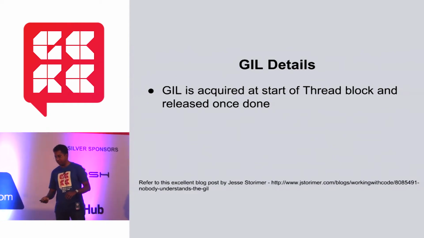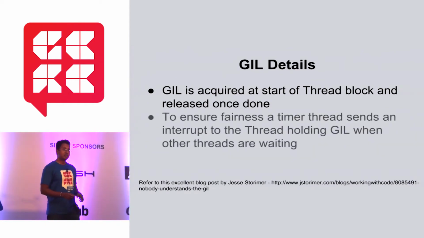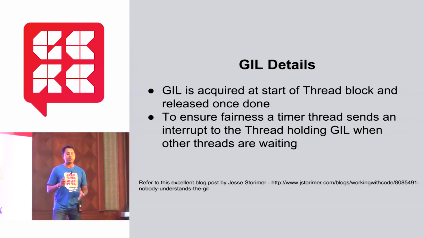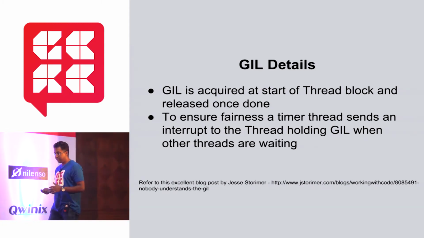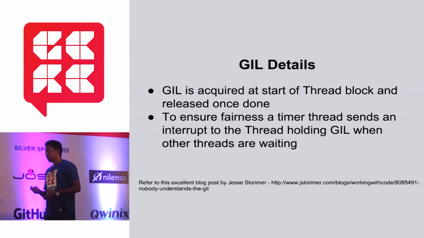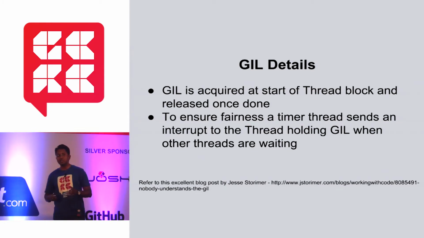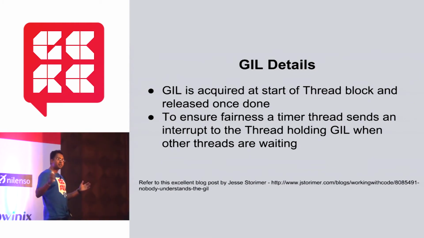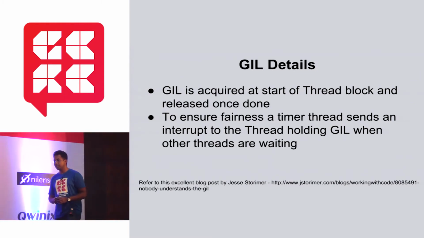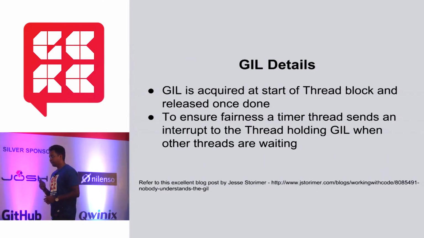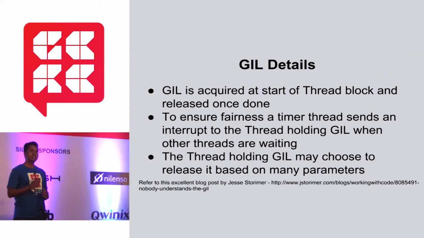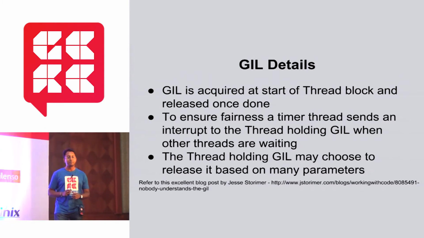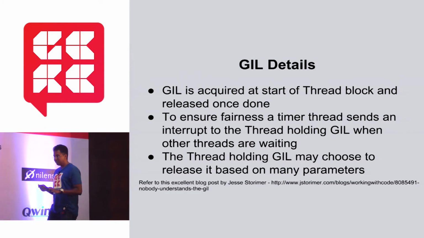But not really. If that's how it's going to work, what if that thread is going to hog the GIL and not allow any other thread to work? So there has to be some sort of lock fairness, right? So that's where the timer thread comes in and interrupts it. Okay. Does that mean the thread holding the GIL immediately gives it up and says, here you go, you can start and work with it? Not really. Again, the thread holding the GIL will only release the GIL if it is at a context switch boundary. What that is is fairly complicated.